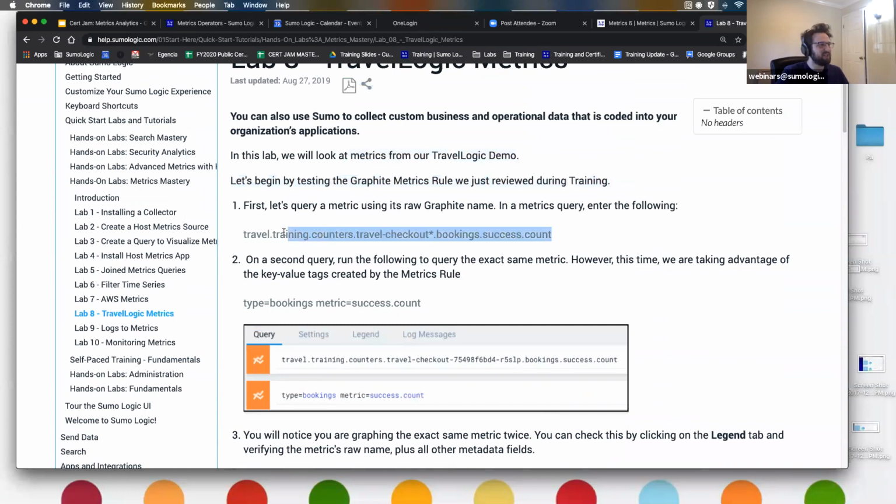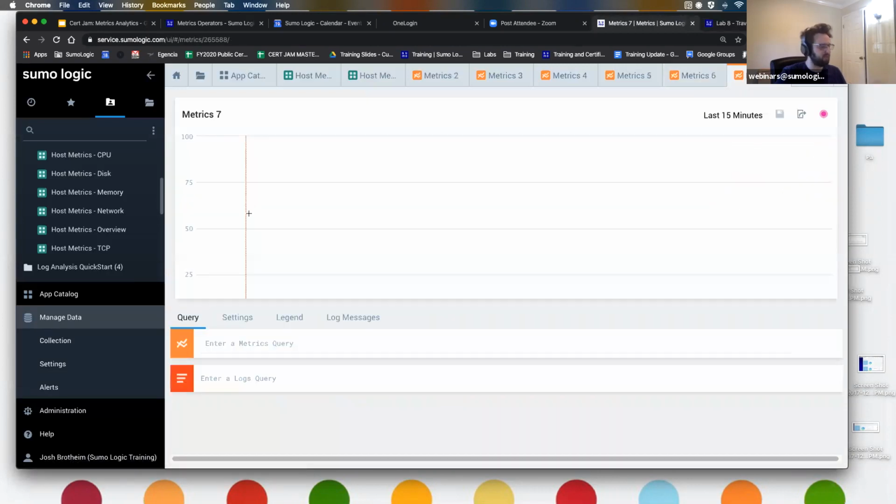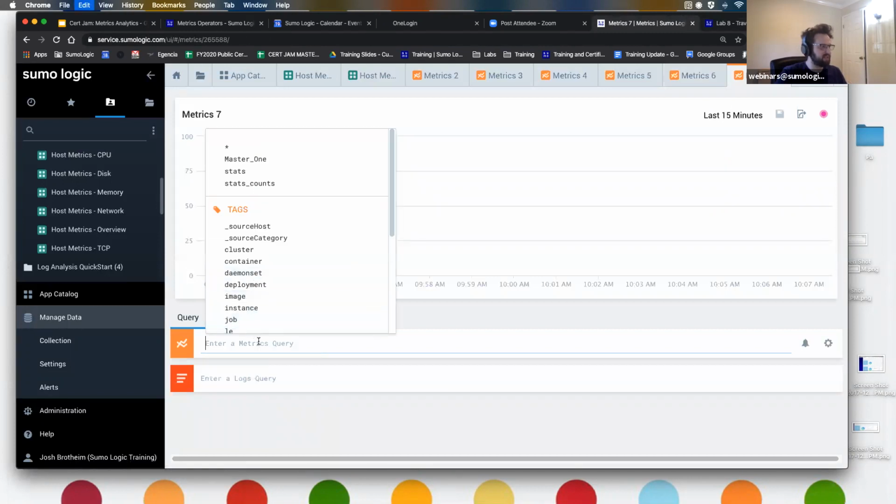Let's go ahead and start to look at these. To start with, I'm going to look at this metric here. The metric is related to travel, training, which is just our training environment, travel, checkout, bookings, specifically the success count. So what I'm basically saying here is show me those successful bookings in count form. So if I paste this in,